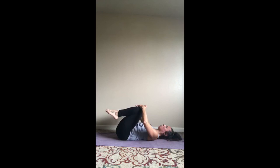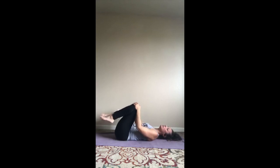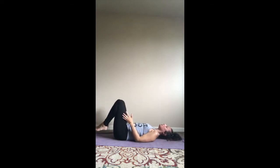Place your hands on your knees. Use your hands. Open legs out wide, circle around and back in together again. So legs are circling in opposite directions. This is a nice massage for those hip flexors. Good. When your legs come back together again, pause, release the knees, feet to the ground,